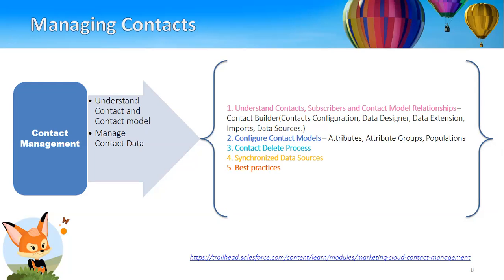You have two different locations where you can create a data extension. One is in Contact Builder, another one is in Email Studio. You just need to understand the differences. There are minute differences in both. You can create a data extension in Email Studio and also in Contact Builder, but still there are some functionalities available in Contact Builder and not in Email Studio, and some available in Email Studio and not in Contact Builder. Those things will be covered in future sessions related to contact management.